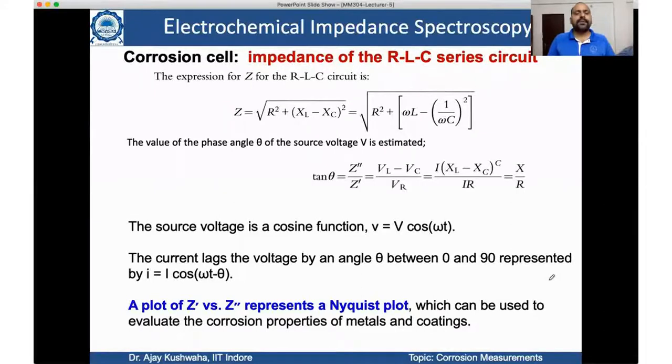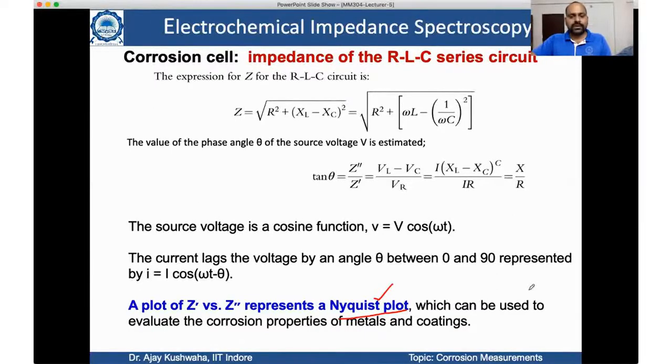Now think, if we plot these Z dash and Z double dash values in the complex plane, as we discussed a couple of slides back, we get a very good plot, and that plot is very well known. The name is Nyquist plot. This is well known in EIS spectroscopy, which can be used to evaluate the corrosion potential of metal